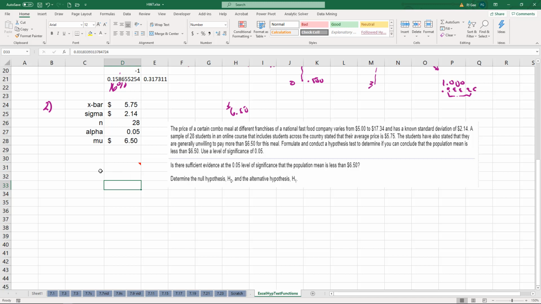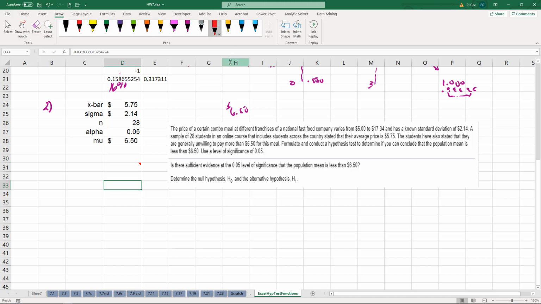Okay, so the first thing that we are going to calculate is we want to know the number to beat. What do we know? Let's draw it out. Okay, so get things in perspective. Always draw what you have here. We have a suspected mean of 650. The null hypothesis I kind of hit up there was that the price in the restaurants is greater than or equal to 650,